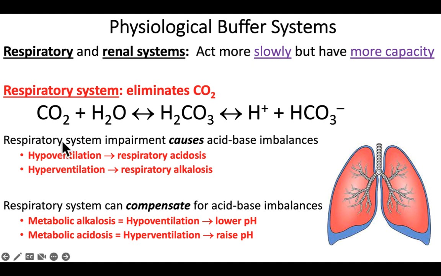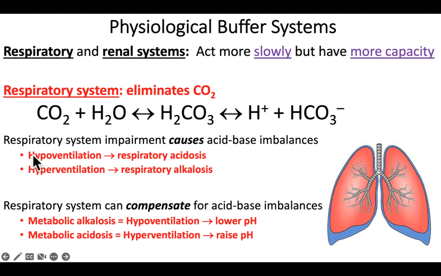If there's a condition that causes hypoventilation, for example, COPD, where the respiratory system is struggling to get rid of carbon dioxide, that can cause respiratory acidosis because of this chemical reaction. The buildup of carbon dioxide causes the increase in hydrogen ions or protons, and therefore lowers the pH and causes